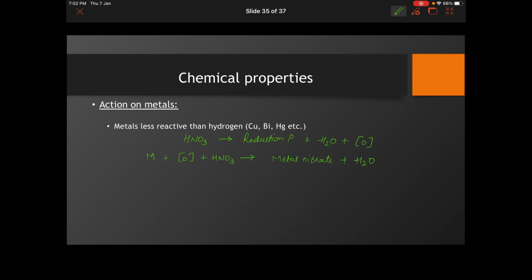Again, if you remember, in the previous part we talked about how the reduction product depends upon the concentration of HNO3. So here also it is the same thing. If your HNO3 is concentrated HNO3, correct? So what product is going to form? The principal product over here, the reduction product, is going to be NO2, right? It is going to be NO2. And if it is a dilute HNO3, there is no mild HNO3 case over here.